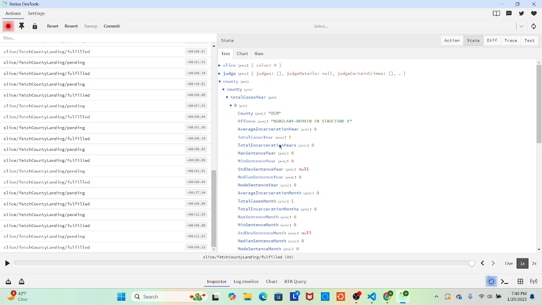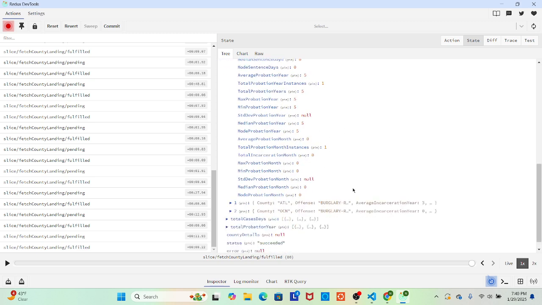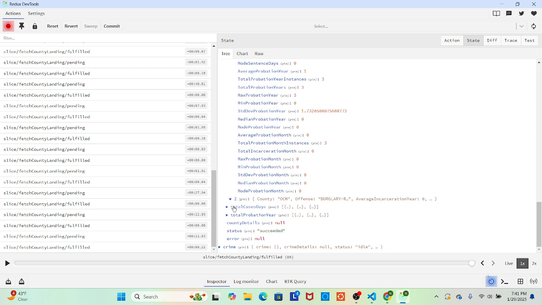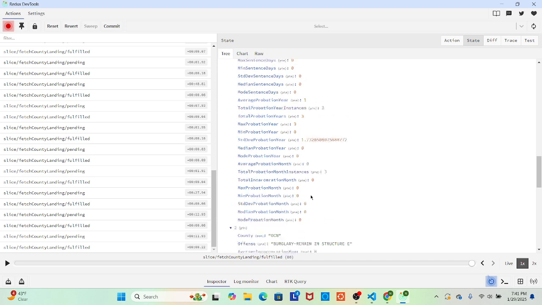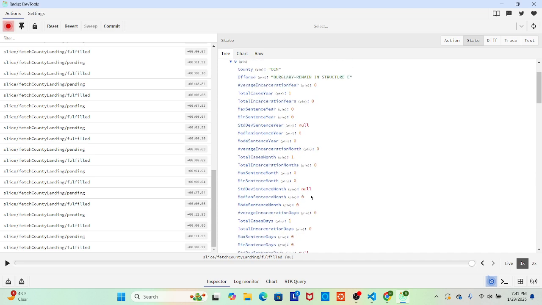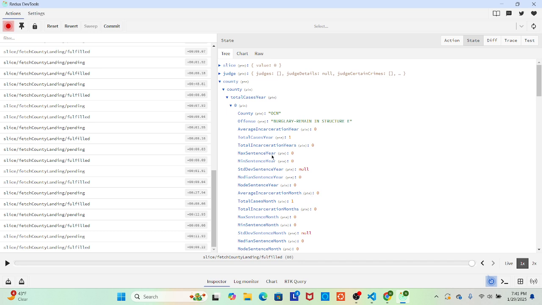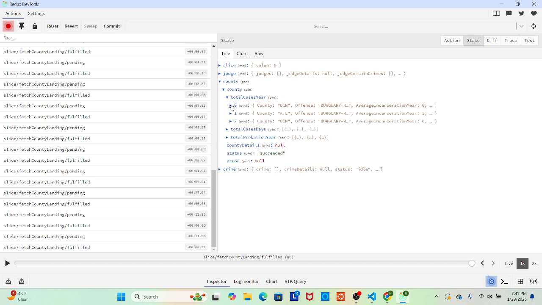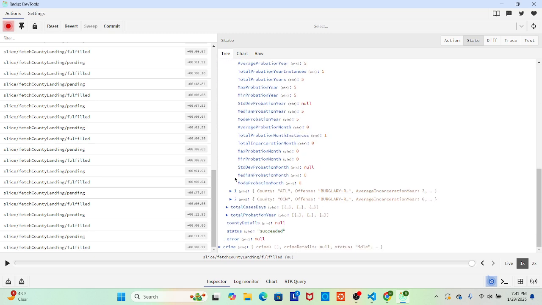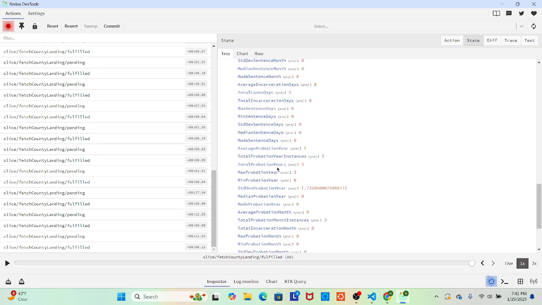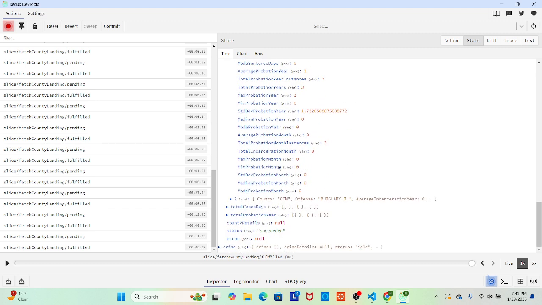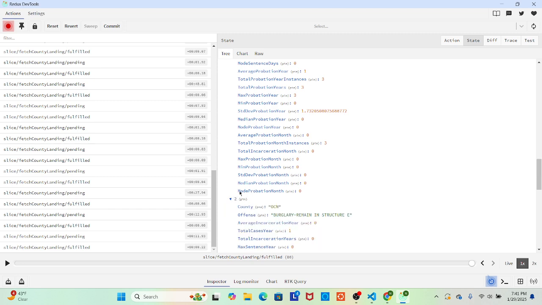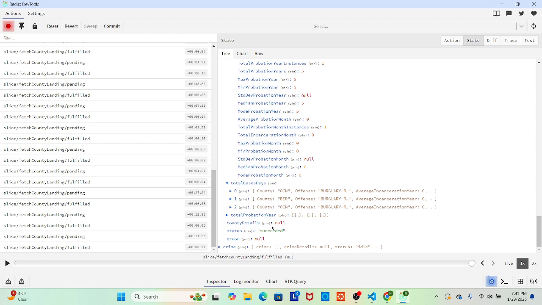Total cases year. Yeah, something on the back end is screwing this up. Total cases days. Okay, so these are the three things for that. These are the things for the second ones.